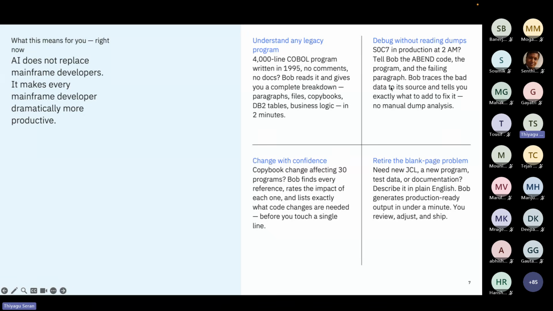Here you can debug without reading them. So for example, I face a lot of issues related to this. At 2 a.m. someone called me and said we have a production issue and we need it fixed within 1 to 2 hours. Suddenly I need to wake up and work on it, identify the issue first, try to understand what the problem is, and then what root cause we need to apply, and then